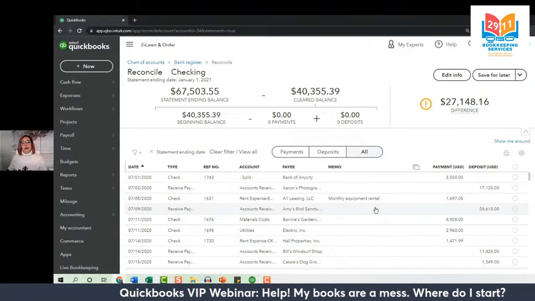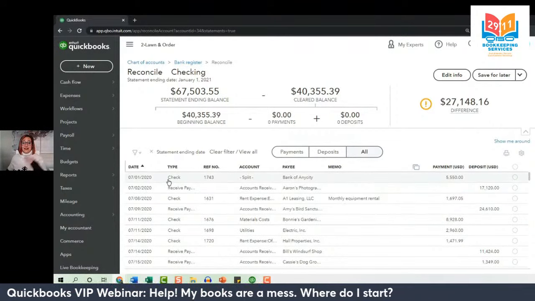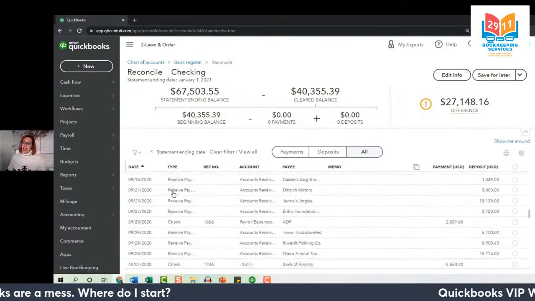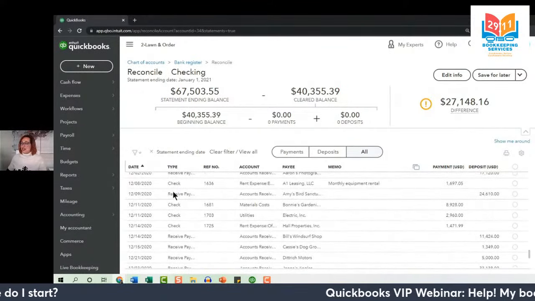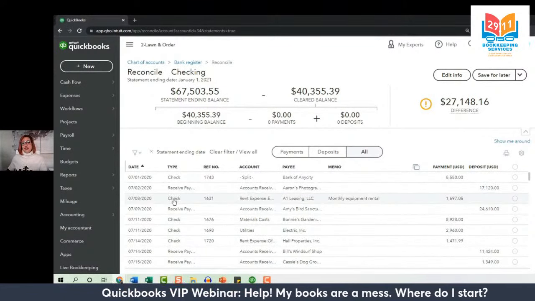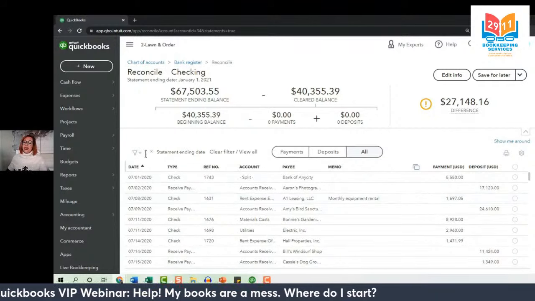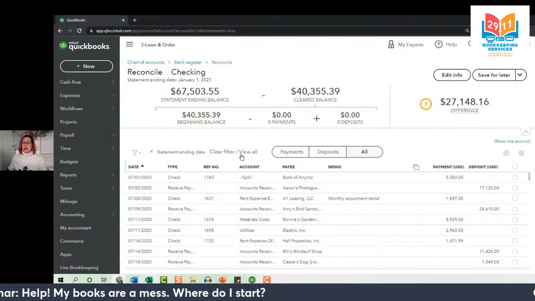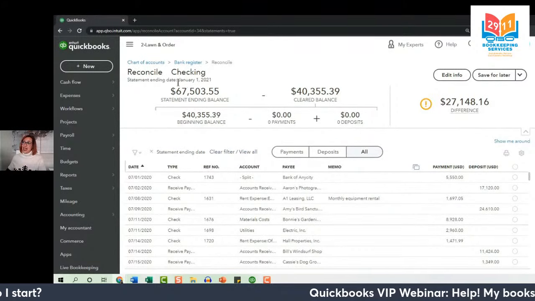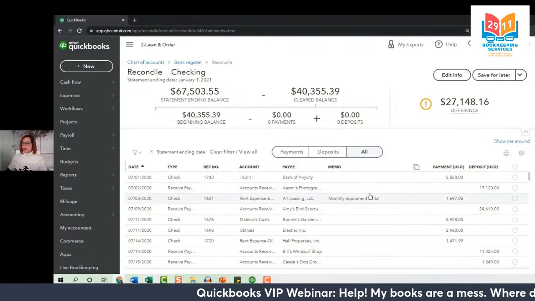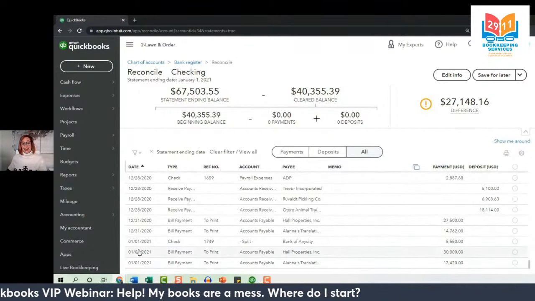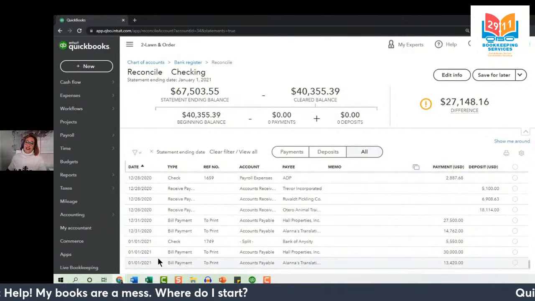Now, this screen might look a little overwhelming because we are going to see all of those transactions that have not been reconciled from 2020. If you scroll down, for me, I've got a ton that we're working with, and that's not so easy to look at. So the first thing you'll notice is that QBO automatically has this statement ending date filter, which means it's automatically going to exclude everything after this statement ending date, January 1st of 2021. If I scroll down to the very bottom in this list, we'll have a few transactions on that date, but nothing after that date.